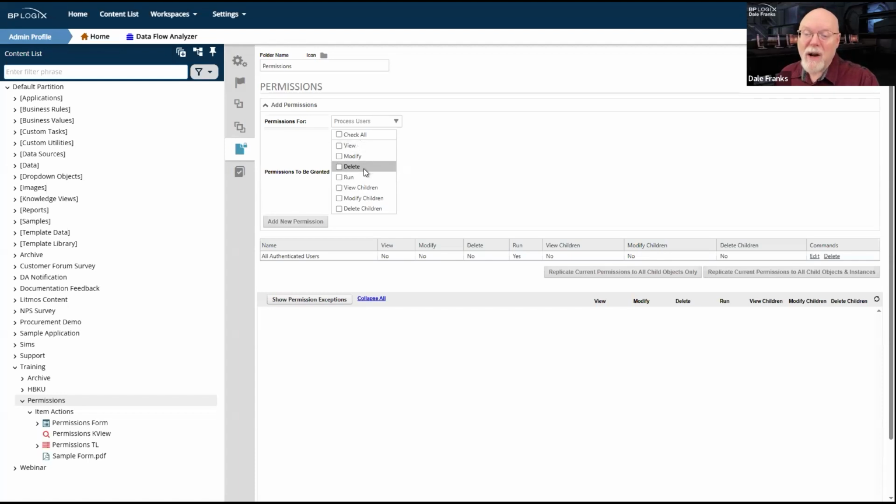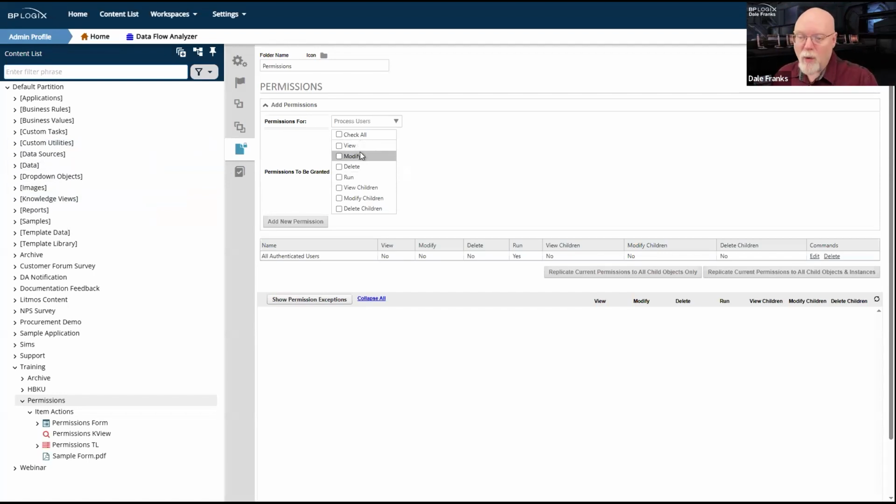Whether they view or modify or delete, no, they don't need to do any of that, because view, modify, and delete give them access to the content list itself. View is a permission that determines whether that user can actually view the content list, whether they can actually see the folders, whether this thing over here on the left-hand side of the screen will actually show them anything. Because if they don't have view permissions, they don't get to see the content list or any object that is in the content list. Similarly, modify and delete permissions. Modify enables you to edit, and delete permissions enable you to remove content list objects from the content list.